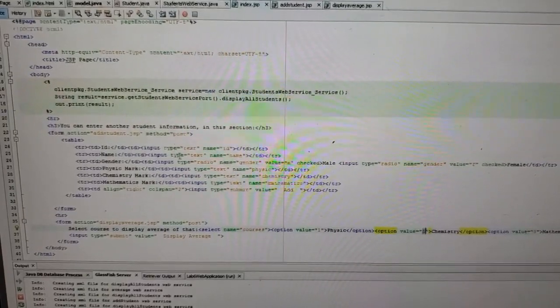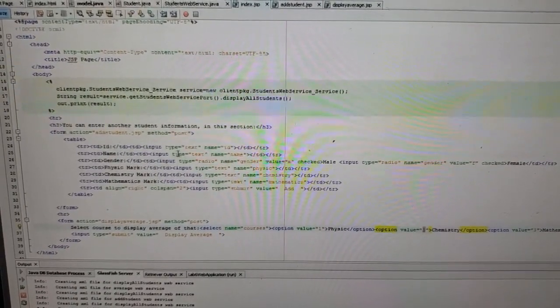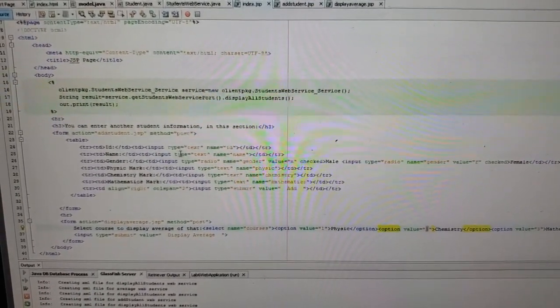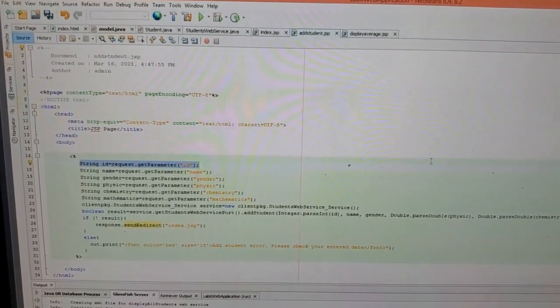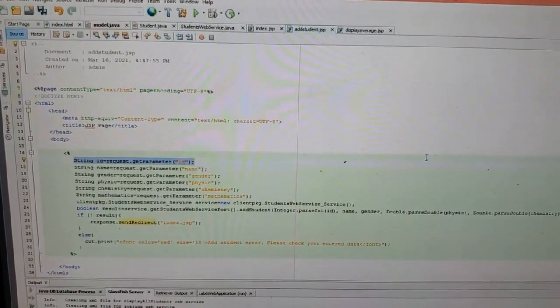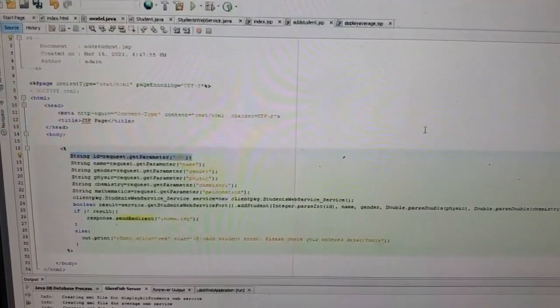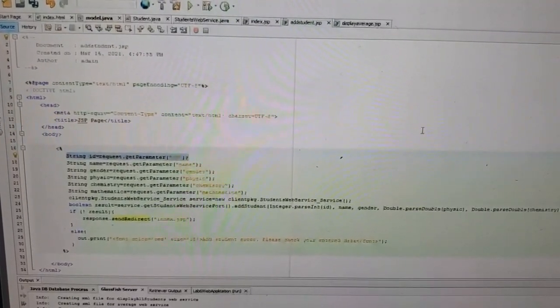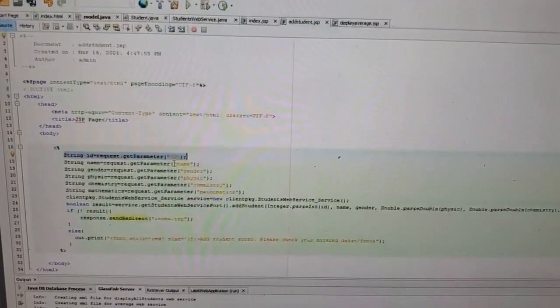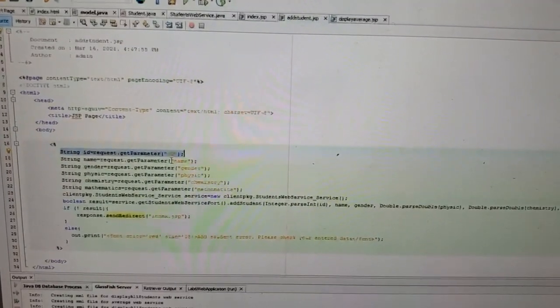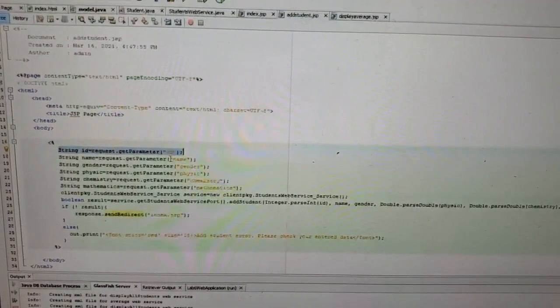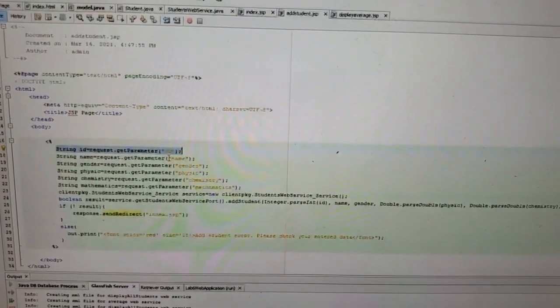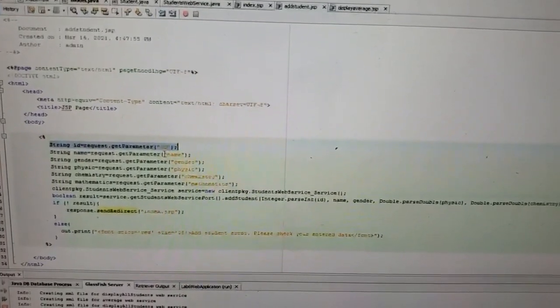Let's go to another JSP page, and this is the add a student JSP page that gets the data from the user and saves it into another element,